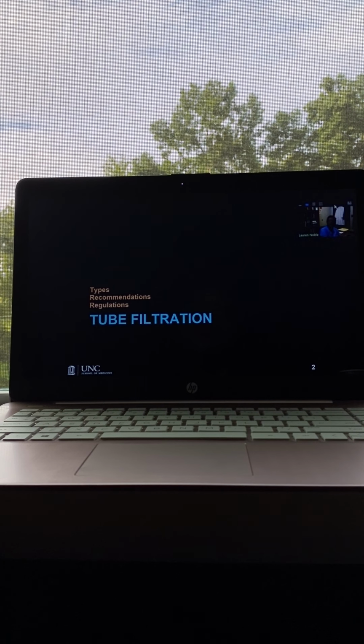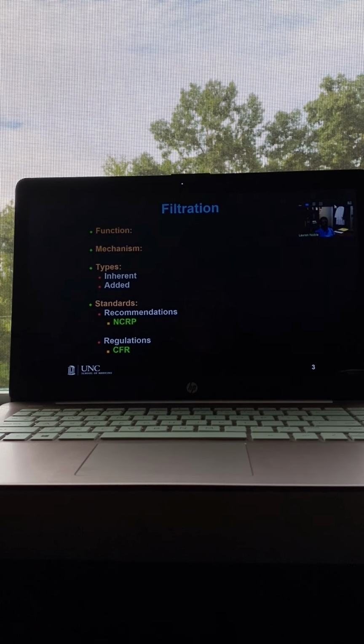So what we're going to look at are different types of filtration. We're going to look at recommendations regarding filtration, and then we're going to look at regulations regarding filtration. So the types, recommendations, and regulations. So the function, another name for function is purpose. Okay, so